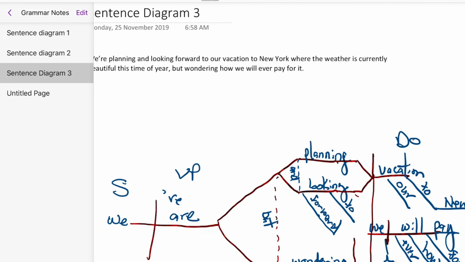Remember, when we have phrasal verbs, we have the verb itself, and then we have some sort of particle. The particle within a phrasal verb is going to look like a preposition, although it's not going to function as one. So here we have looking forward to what? Vacation. All right, so this is a compound verb, and we are connecting planning and looking forward to with the coordinating conjunction and.